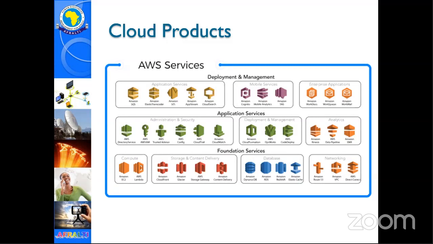Then Amazon Direct Connect is what Microsoft calls Express Route. So most of these services are similar in terms of what they offer, and it's up to the user to decide what suits them. So you cannot use a Microsoft Express route to go to Amazon. It only goes to a Microsoft data center.